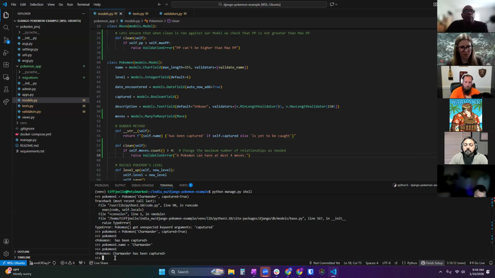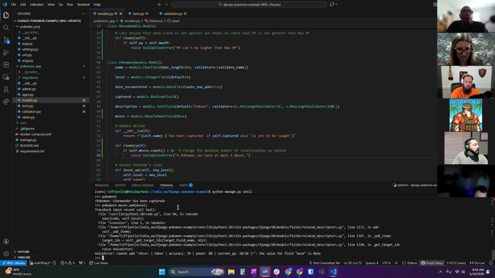So if I just say equals move 1, it would assign one move and overwrite everything else in there. We don't want to overwrite anything that might be in there. Let's say he might already have some moves, I don't want to overwrite those. So we're going to take Pokemon 1, which is our Charmander, moves, and instead of saying equals, we're going to add a move to this many-to-many relationship. And that is going to be move 1.